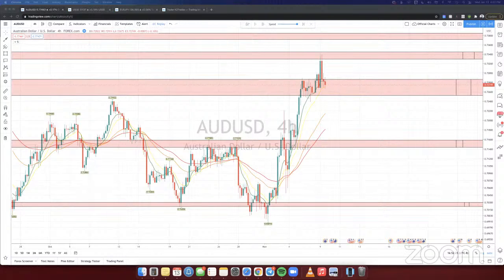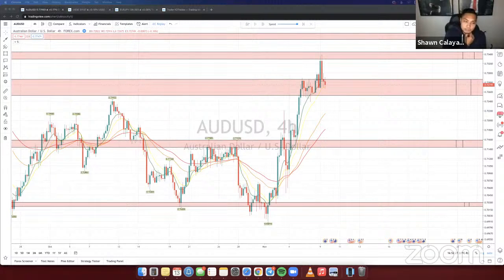Yeah, exactly. And that's the reason why I usually like to just ride it from zone to zone. You'll see people that try to go for 200, 300 pips, but most of the time it doesn't really work out like that. You can get the same amount of pips if you just go from zone, exit, wait for it to break the zone for that confirmation, and then do it again. Because then you just add those zones. You hit 3 zones, that's 300 pips already, versus just taking one big position.